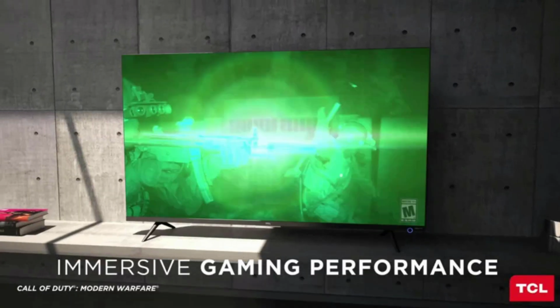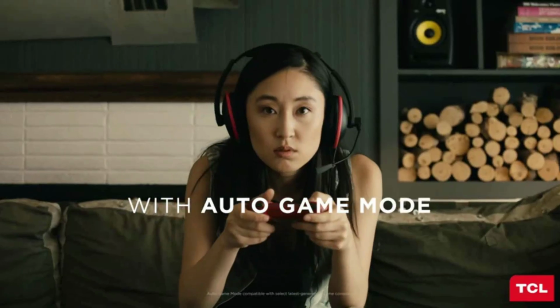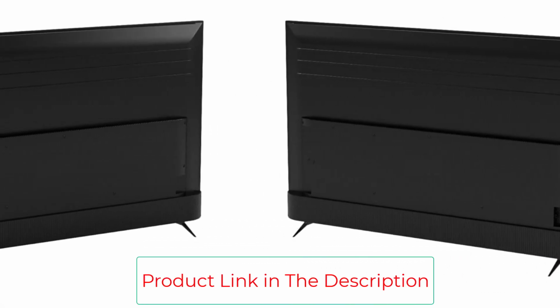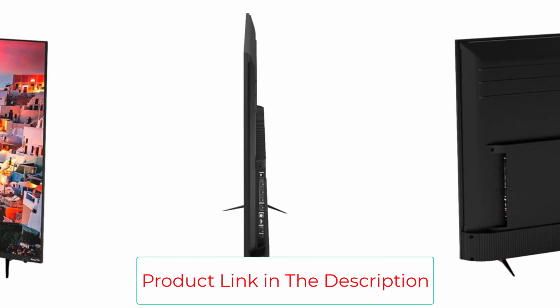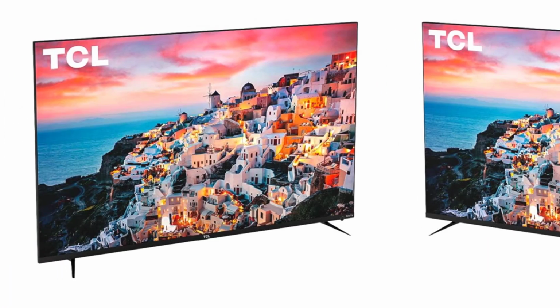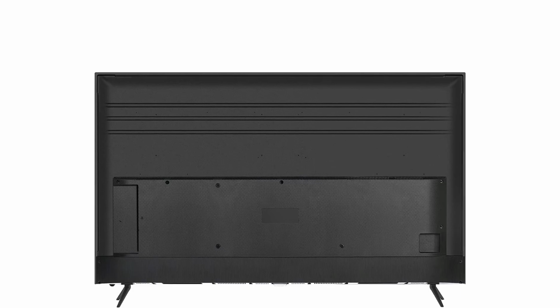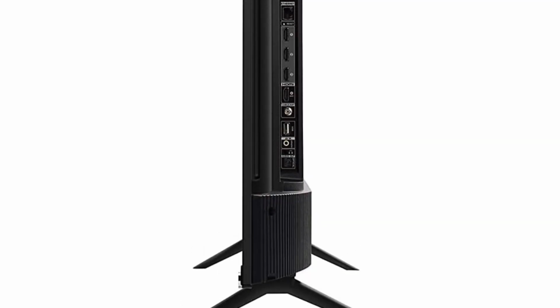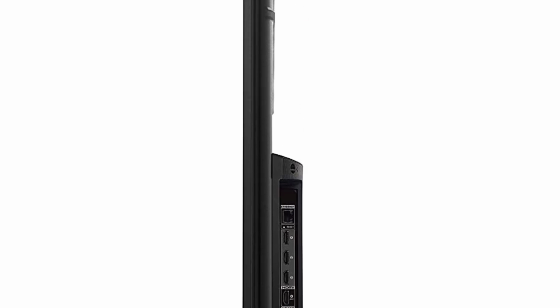Its motion handling and viewing angles aren't particularly impressive, and it won't net you any up-and-coming features like VRR and ALLM, but the 5 series is a better performer than you might expect given its price. Plus, being a Roku TV, it features a terrific, easy-to-use smart platform built right in. If you're looking for a bargain but you want to avoid scraping the bottom of the barrel for the cheapest possible TV, the TCL 5 series is worth the minor price hike over the lowest tier options. It's an especially great